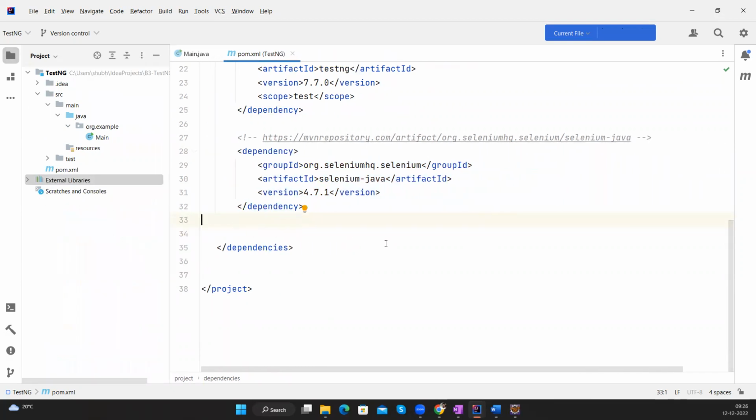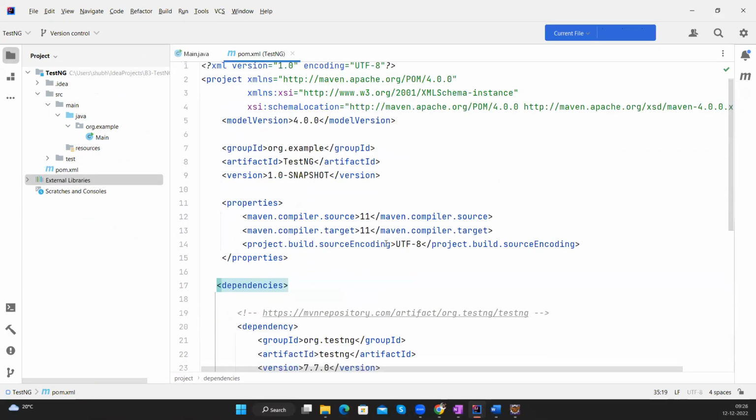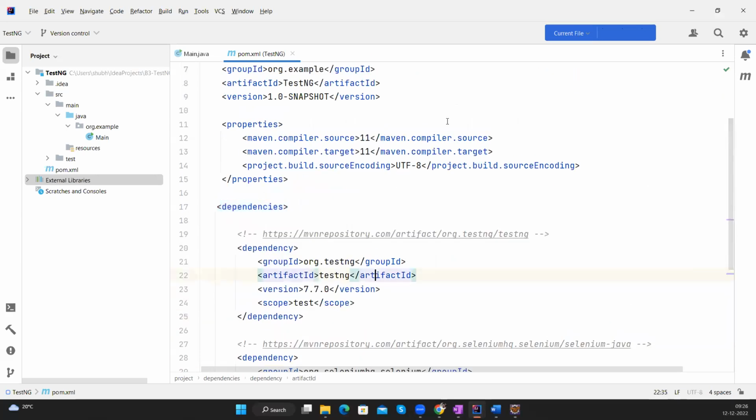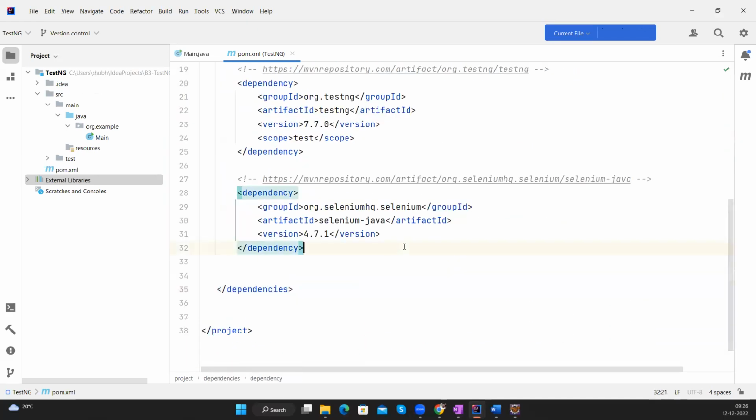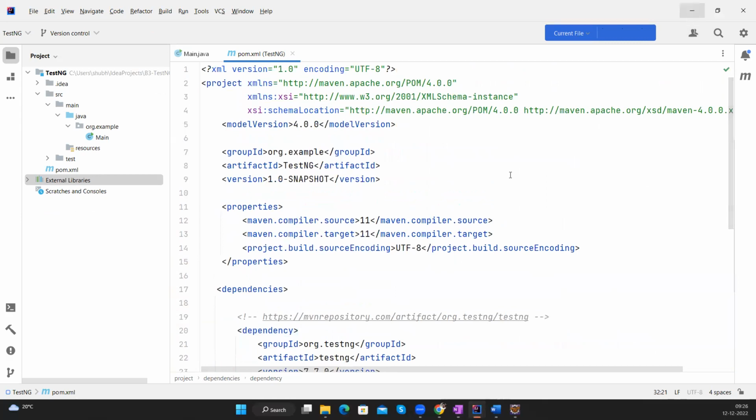Okay, once it is done. So we need only two things: TestNG, Java we already have, and Selenium. Okay, done. Now we will see